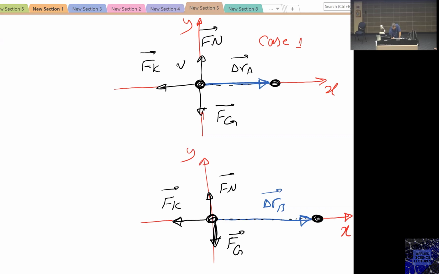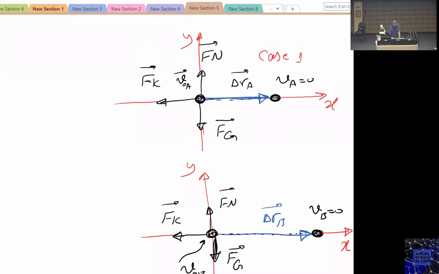I know V naught A, and this is VA equals 0. VB equals 0, and this is V naught B. So this is case number 2. So from case number 1,